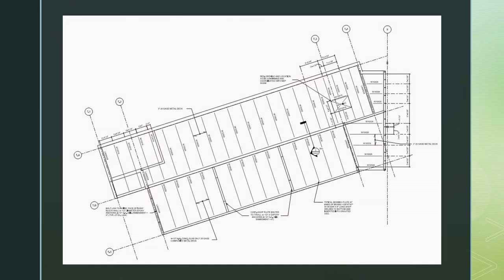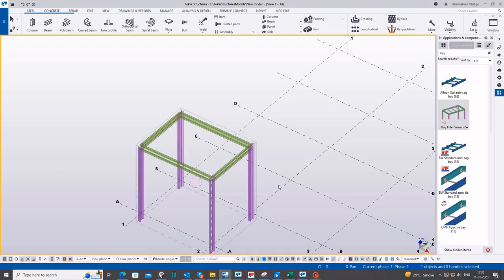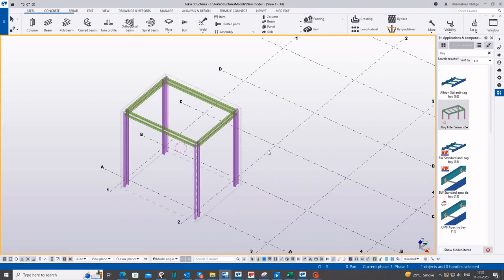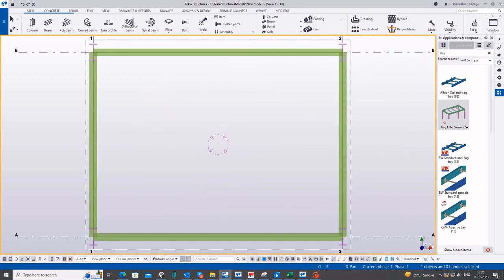So, let's begin with bay filler, which will help you in adding multiple infill beams. Here, as you can see, are n number of infill beams to be installed. For example, if you want to add infill beams at equal distance, then select bay filler beam from application and component. After this, you need to click the girder beams within which we need to add infill beams,